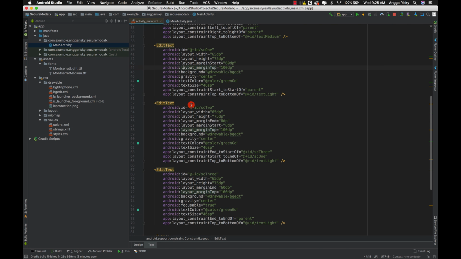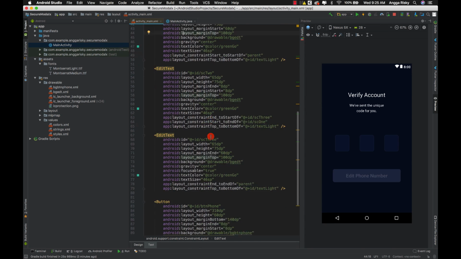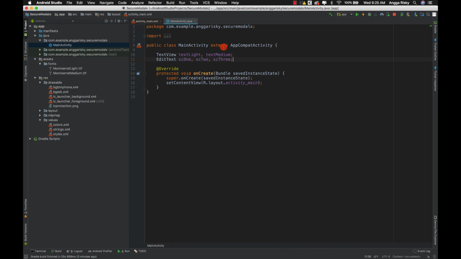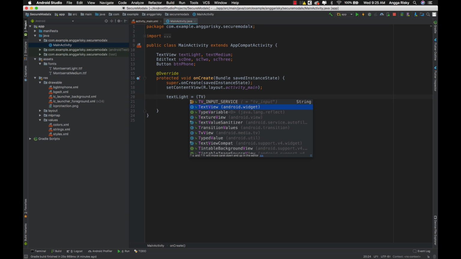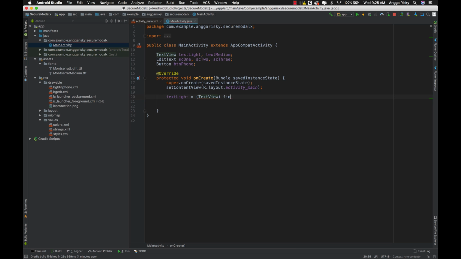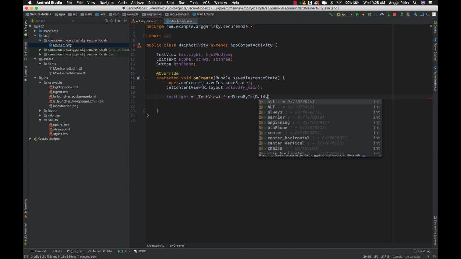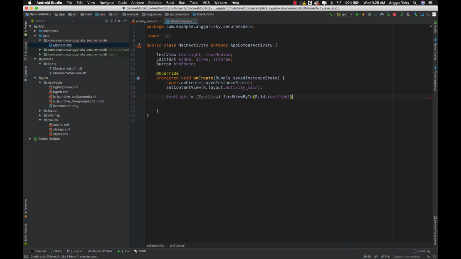Okay, if you pay attention over here, yeah, and then for the button, btn font. Okay, and then after that just over here, text view, and then findViewById, sorry, text light.